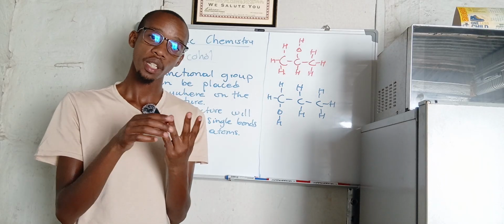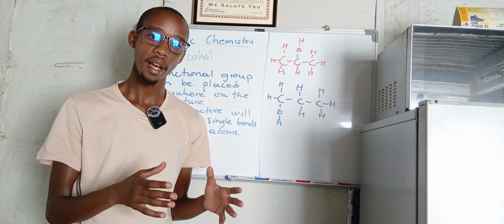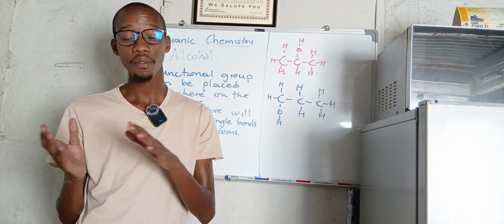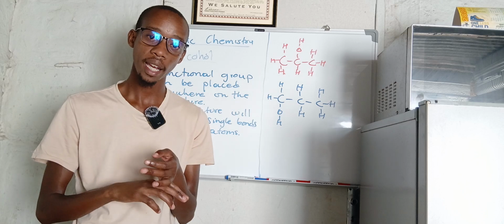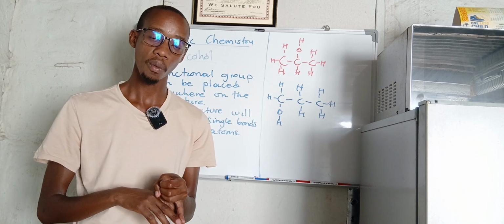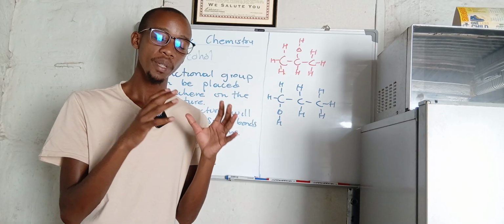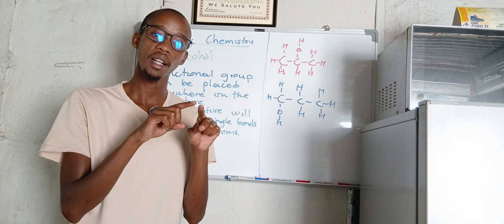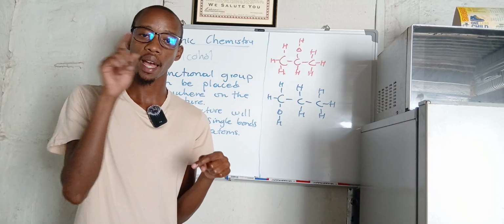I said fluorine, iodine, and bromine. And then from there, I've shown you the nine different types of homologous series, which is alkane. What is it that I've said alkane was? Alkane is a type of homologous series that has single bonds between carbon atoms, and it is only surrounded by